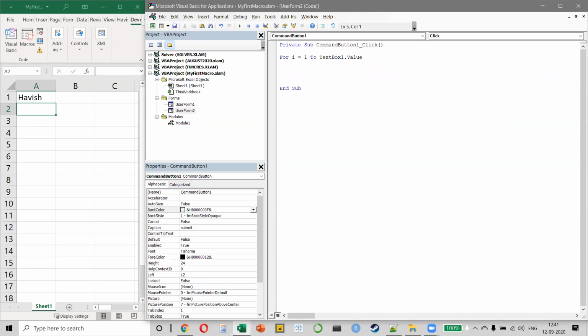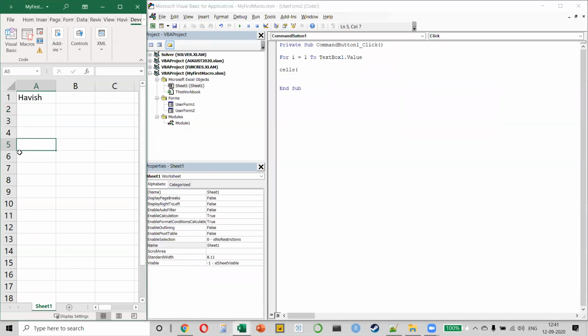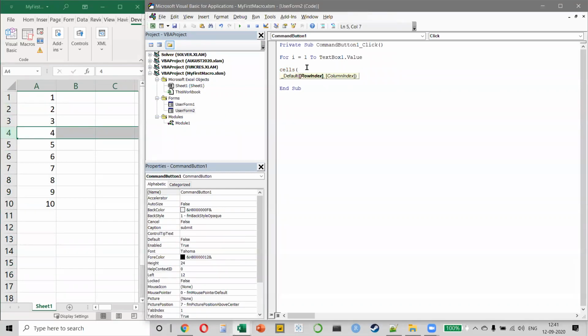What do we want to write? We want to say cells. Now in cells, it is asking us for the row and the column number. Now we know that all the values will come in the first column. Basically, I want, look at this, 1, 2, 3, 4, 5, 6, 7, 8, 9, 10. So I want numbers like this, correct? So this means that every time my column is 1, but my row keeps on changing from 1 to 2 to 3 to 4 to 5. So in cells, I will write that the row number should be I, but the column number should be 1. So dot value is equal to I. And then I'll say next I, right, like this. Basically, 3 lines is all that you require to do here.